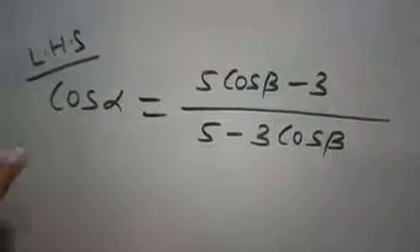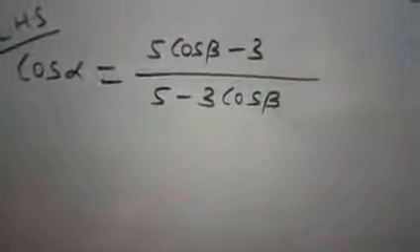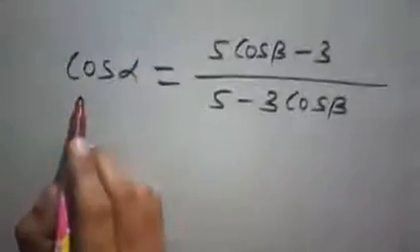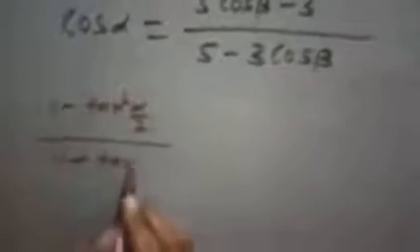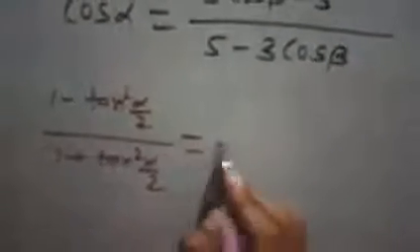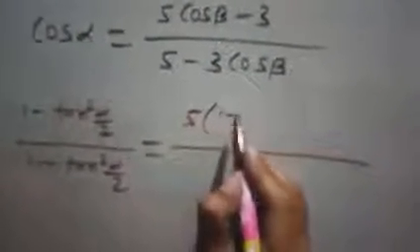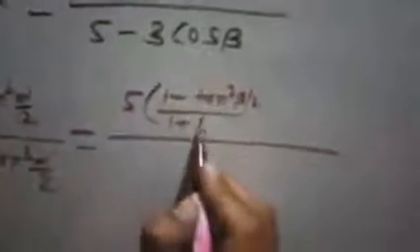Now in the fourth sum, cos alpha is equal to (5 cos beta minus 3) upon (5 minus 3 cos beta), and we have to prove tan alpha by 2 is equal to plus minus 2 tan beta by 2. So here, have a look, cos alpha, and we have to apply the formula: 1 minus tan square alpha by 2 upon 1 plus tan square alpha by 2. Similarly here 5 cos beta, so 1 minus tan square beta by 2, and here 1 plus tan square beta by 2